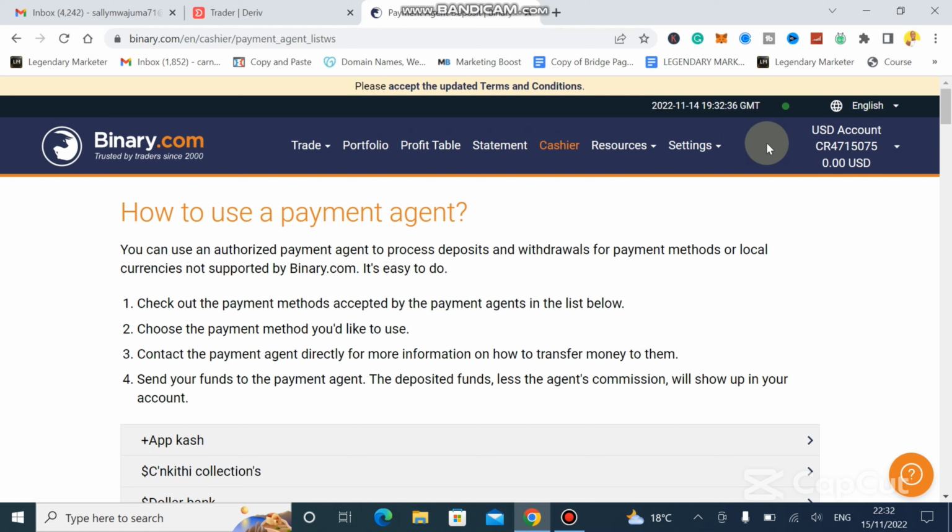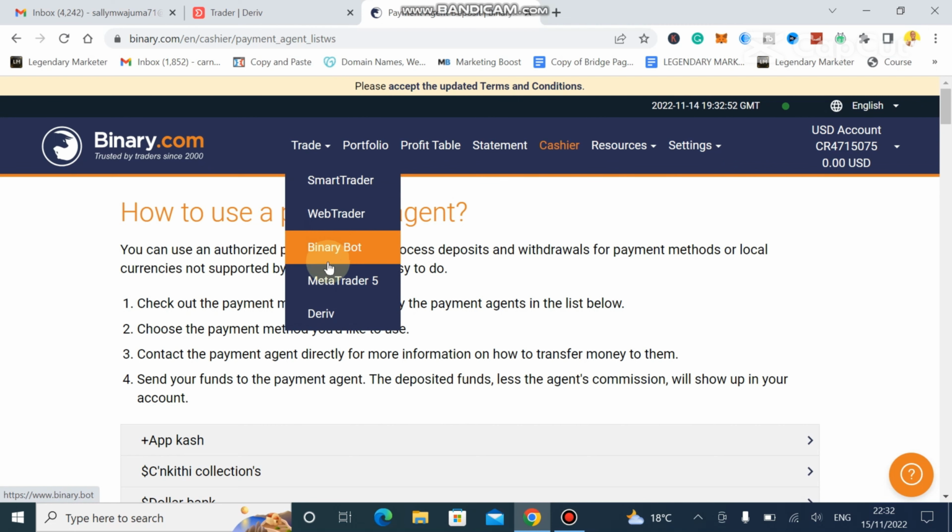The next one, I'm going to lead you through the process of heading over to your trading account and how to go about it. So the simpler thing I wanted to tell you is the use of bots. And as you can see here, we can use a